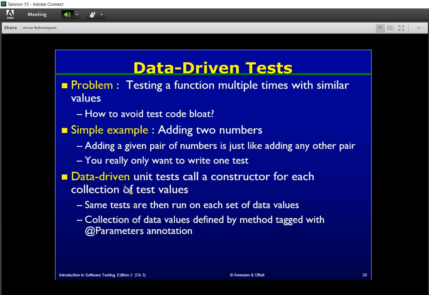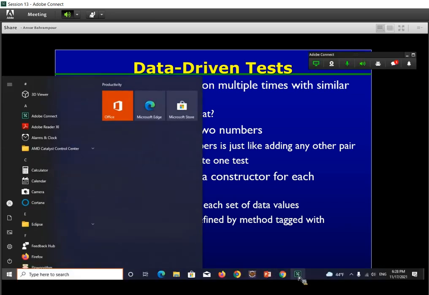In data-driven test design, unit tests call a constructor for each combination, for each collection of test values, for each test case, actually. And in data-driven test design, the same tests are then run on each set of data values. I will illustrate a simple example for you